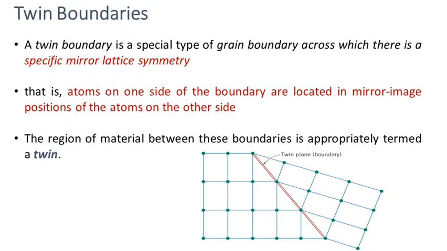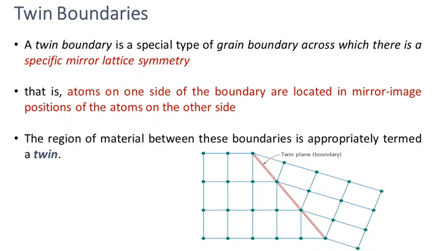Another type of surface defect is the twin boundary. This term twin boundary is already known. Twinning is one of the deformation mechanisms in a material. Just like slip is the primary deformation mechanism, twinning is the secondary deformation mechanism observed in any kind of material. We know twinning normally takes place along a particular plane called the twin plane, in which the atoms are oriented in a different fashion, like a mirror image of the previous orientation.